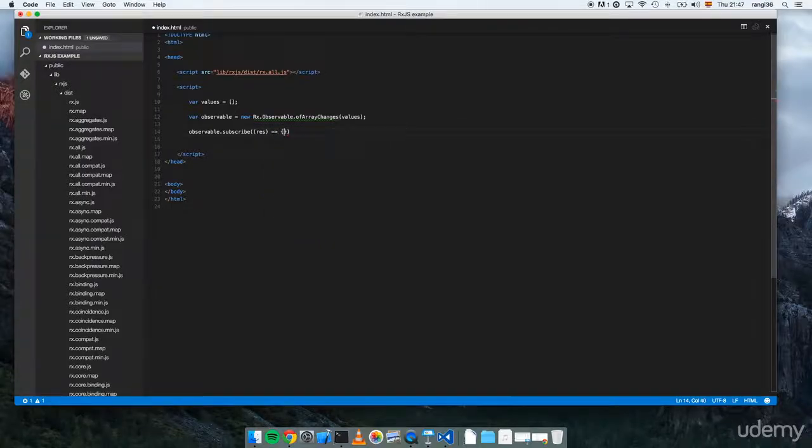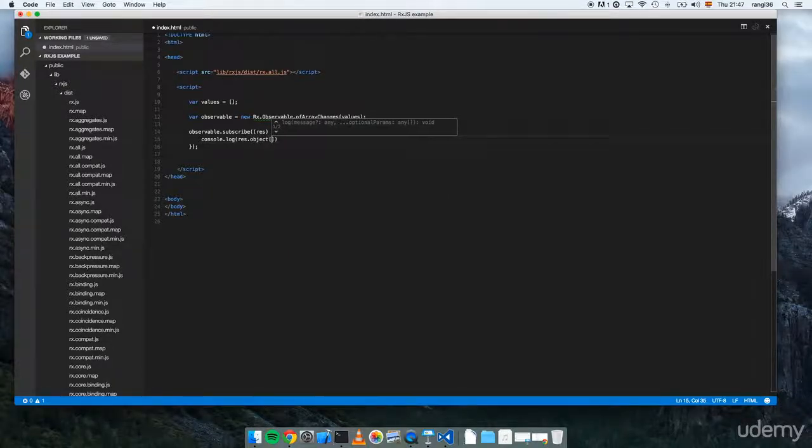Yeah, and we need to pass a function to be executed. Remember the fat arrow. If you don't know what this is, you should take a look at the TypeScript fat arrow video or the ES6 fat arrow video that is available in this masterclass. But here we are executing a function, and every time that our array changes a value, this function here will be executed. So let's keep it simple and print on the console